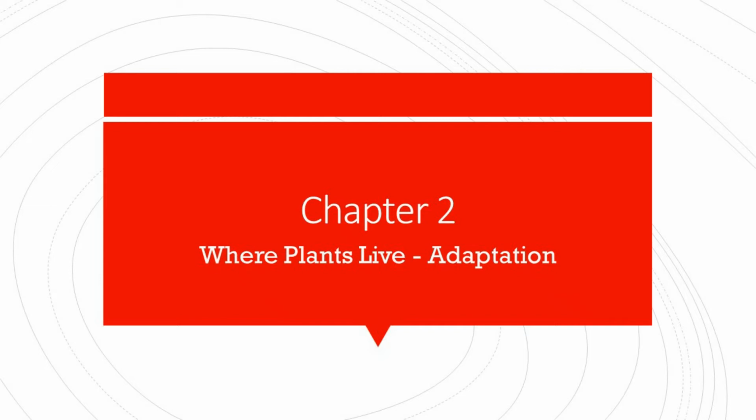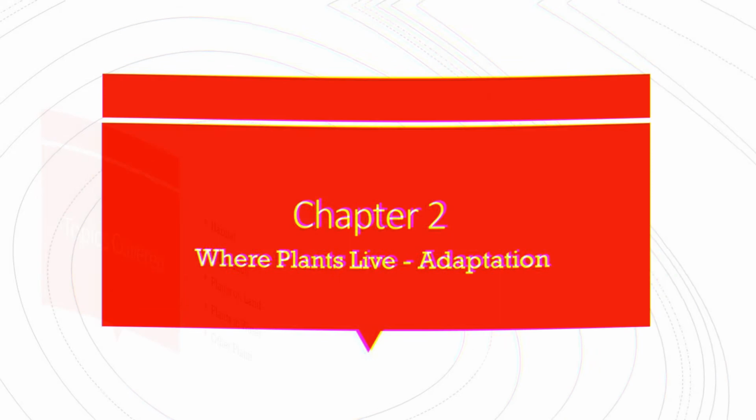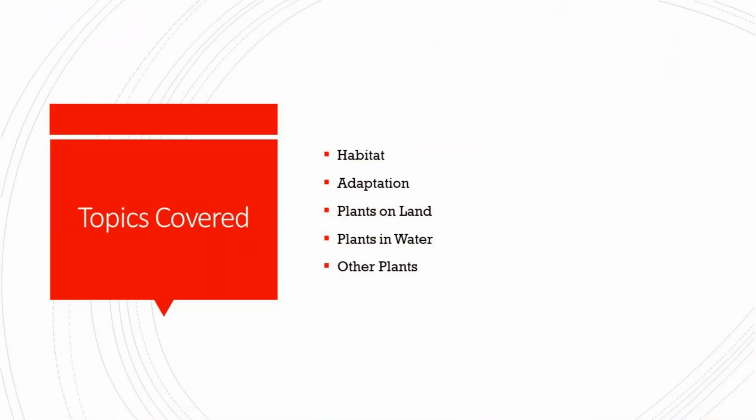Hello students, this is chapter 2 of second evaluation. The chapter is Where Plants and Animals Live: Adaptation. Earlier in this chapter we have done habitat, adaptation, plants on land, plants in water and other plants. So already we have discussed habitat, adaptation and plants on land. Now today we will discuss